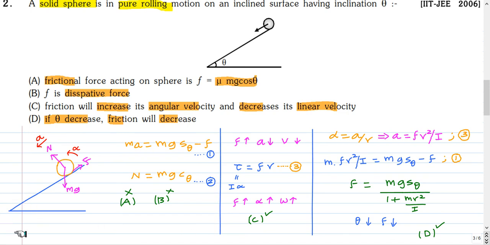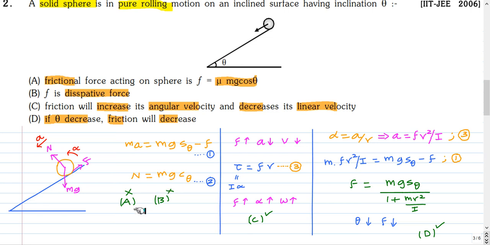This is a free body diagram of the sphere. The forces acting on the sphere are its weight mg vertically downwards, the normal reaction perpendicular to the inclined plane, and the friction force tangential to the plane. The sphere is translating down with a linear acceleration a and is rotating with an angular acceleration alpha. Writing the force balance equation along the plane, the net force down the plane is mg sin theta minus F, which is equal to mass times acceleration, and the force balance in the normal direction gives the normal force equal to mg cos theta.